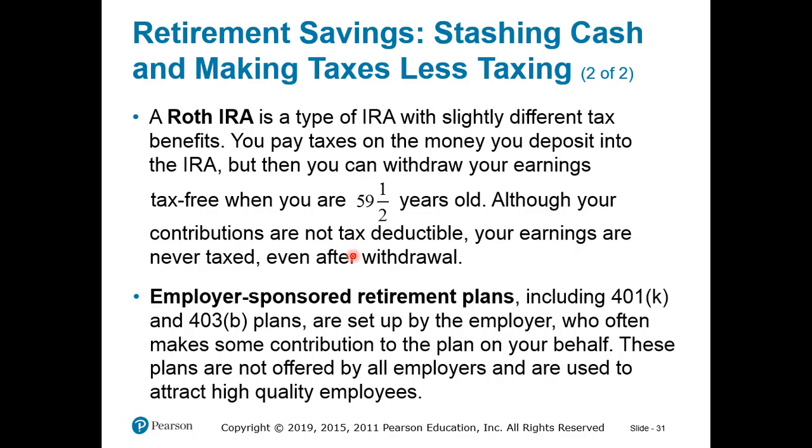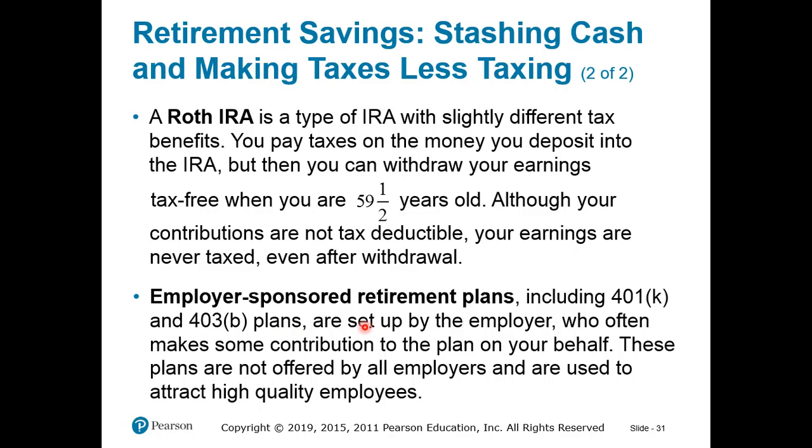And I would rather pay taxes on the seed than to pay taxes on the harvest. Wouldn't you? Don't you agree with that? Now, there's also employer-sponsored retirement plans, 401k, which is for most employees. Employers will give 401k, or 403bs, which are for teachers. Okay,